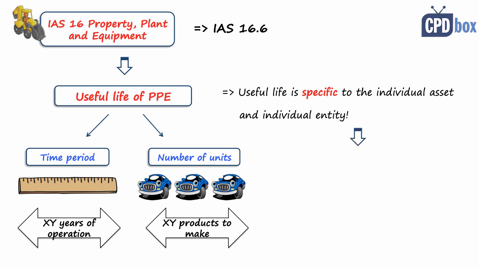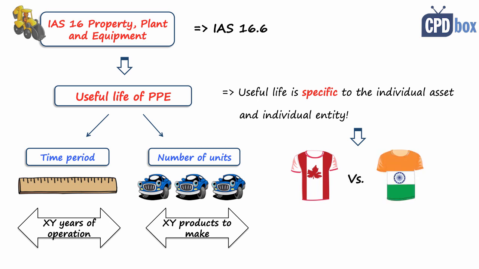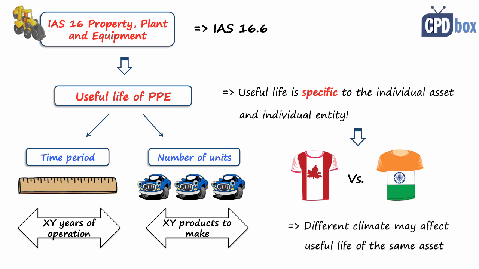Just imagine one subsidiary operating in northern Canada and the other one operating in, let's say, India. Totally different climates. One is cold, one is warm. They bought the same drilling machine that will operate outside. It is quite probable that the subsidiary in Canada will use the same machine for a shorter time than the company in India, just because the temperatures are much lower, the ground is harder, and the drilling machine would be consumed earlier than the one in Indian warm weather. So it's normal in this case to have different useful lives for the same assets.